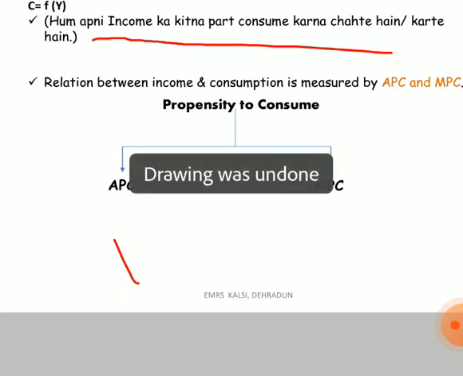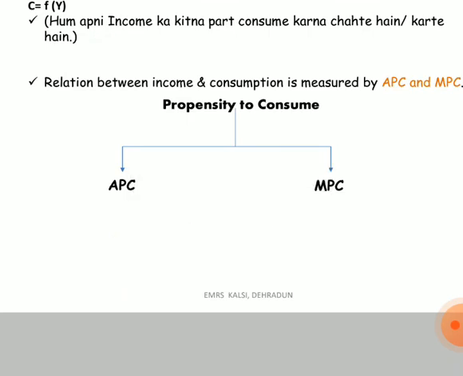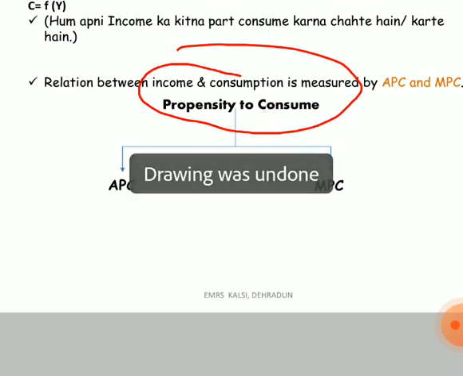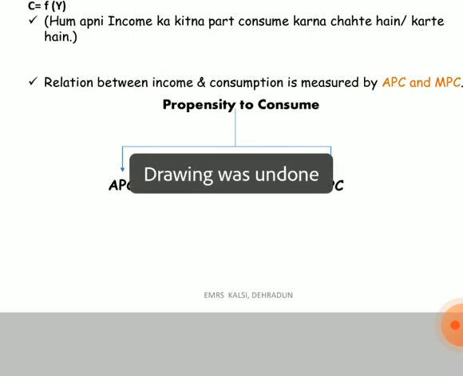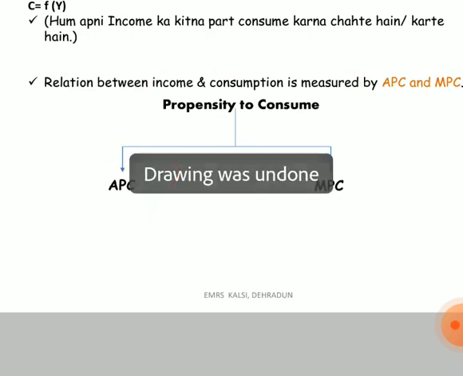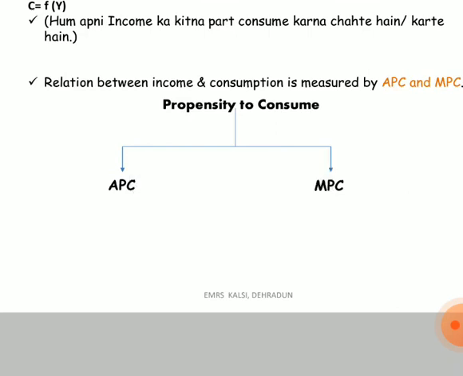Now there are two things here. The propensity to consume consists of two components, APC and MPC. APC means average propensity to consume, and MPC means marginal propensity to consume. Both are almost the same things, but there is a basic difference which I have to tell you before